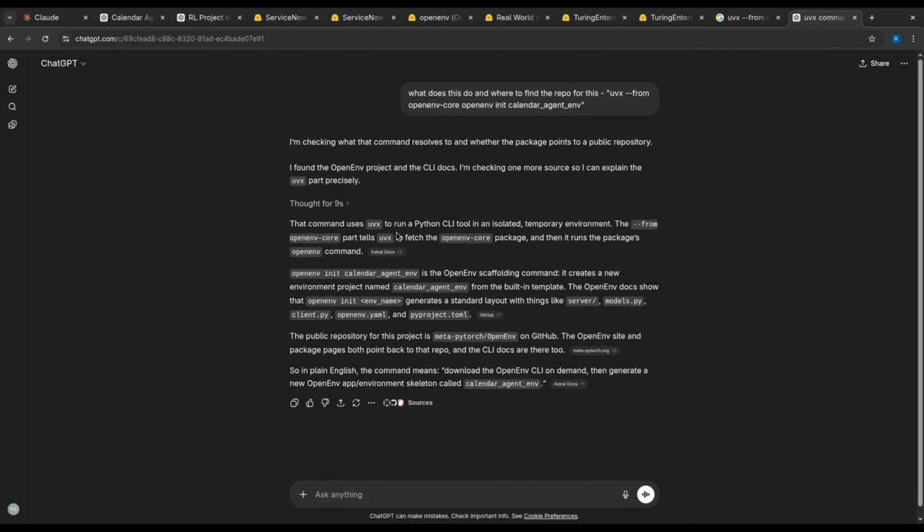That command uses uvx to run a Python CLI in an isolated and temporary environment. Okay.